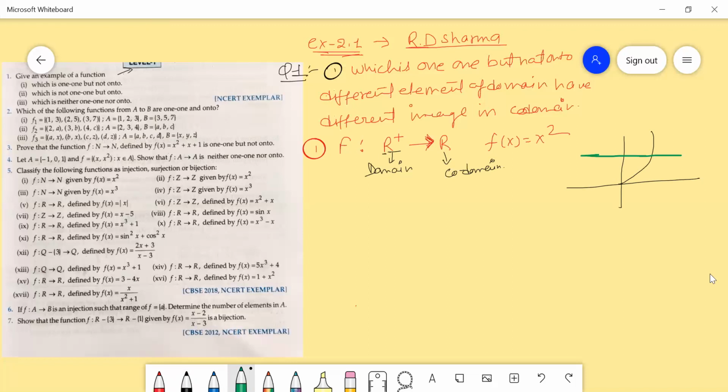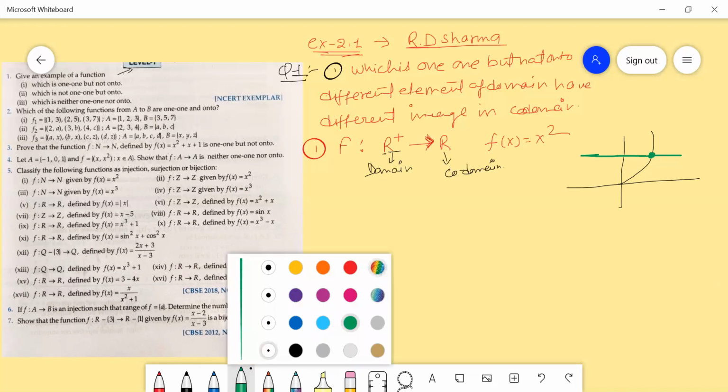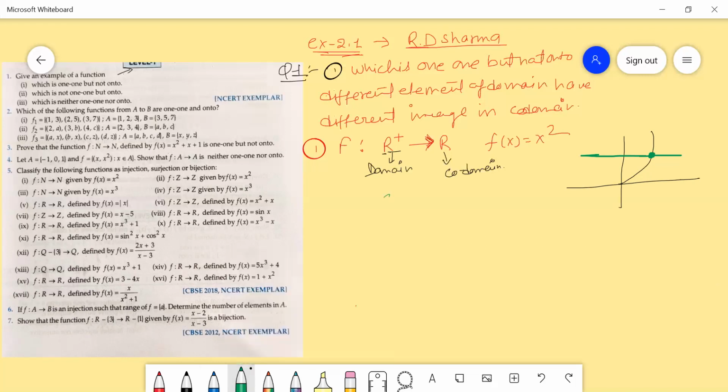This horizontal line intersects the graph in only one point. So we can say this is a 1-1 function.